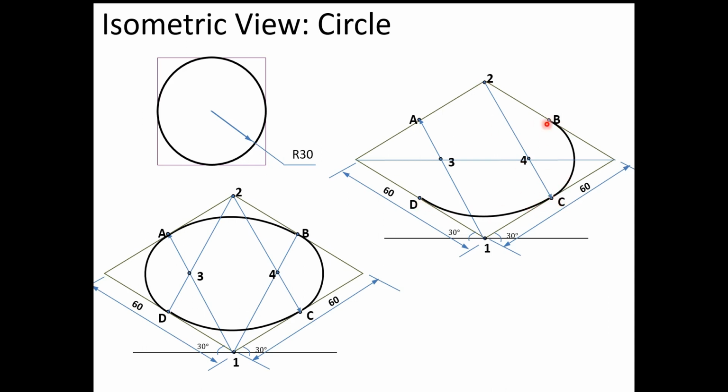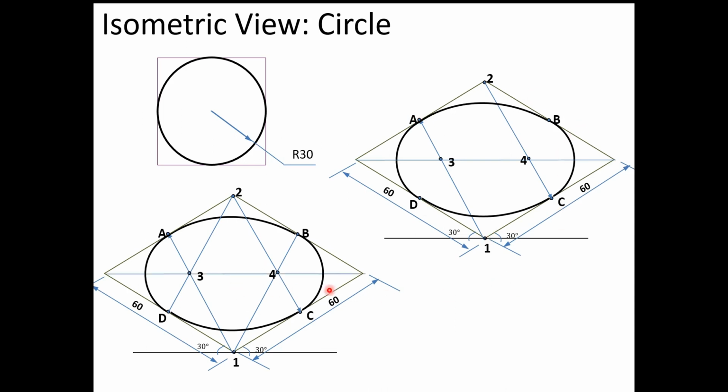So in this way we can draw the semi ellipse also. You can see this is a semi ellipse. Similarly 3 to A distance in compass, we draw the A to D arc. Similarly 1 to A distance in compass, 1 as the center, A to B arc. So here we have completed this problem.